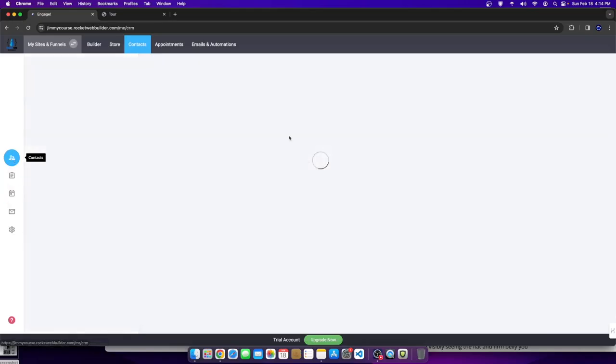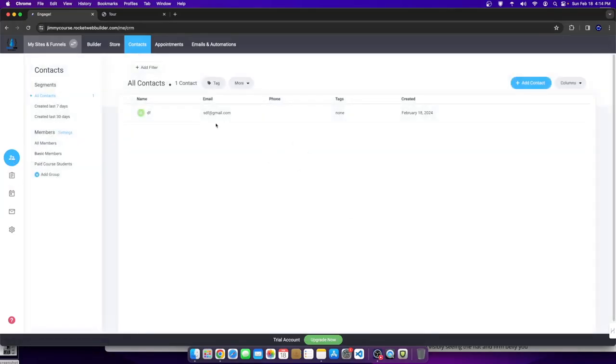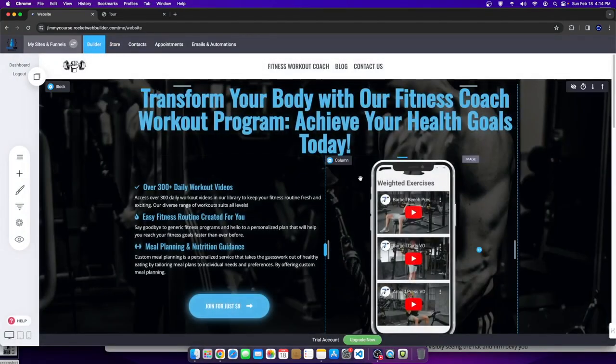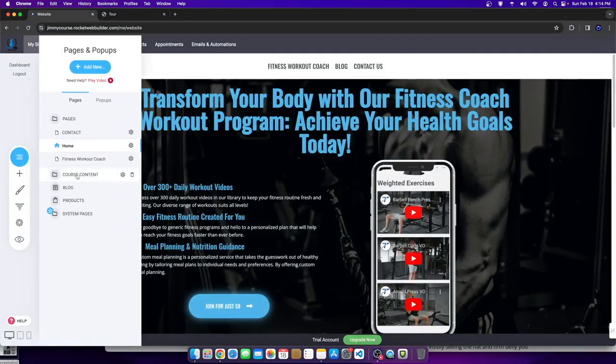Now, your contact section is everybody who's interacted with you. It's not just people who simply emailed you. It's everyone who got in contact with you, whether they bought a product, whether they emailed you, whatever, okay? So it's going to all show up here, customers and people alike. So how do you know the difference between somebody who's a customer and somebody who's inquiring? So you can go over here